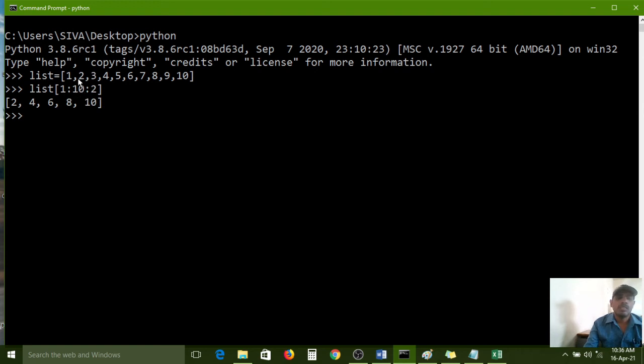The first element is what? This one, 2. Because the index starts with 0, this element has been ignored. This is available in the 0th index. This is the first index, so the starting index is whatever index we have given here, 1. So the first index contains the second element, and it starts from the second element onward. And the ending point is 10. Actually here the 10th index is not there because the index starts with 0. Here the element is 10.